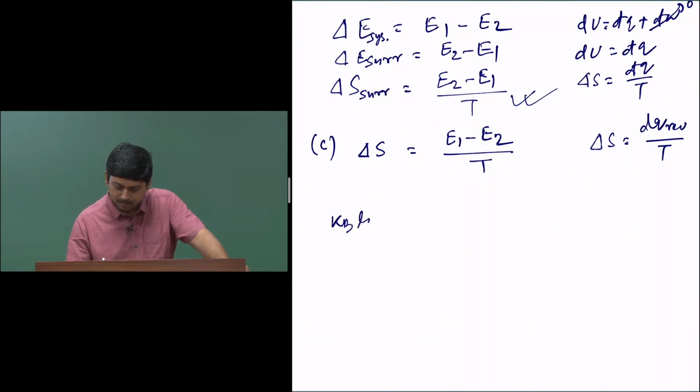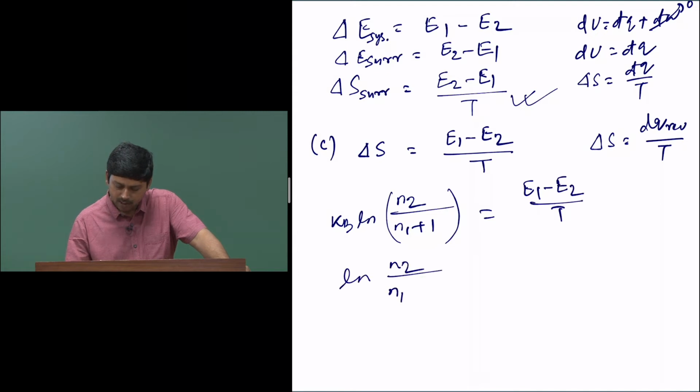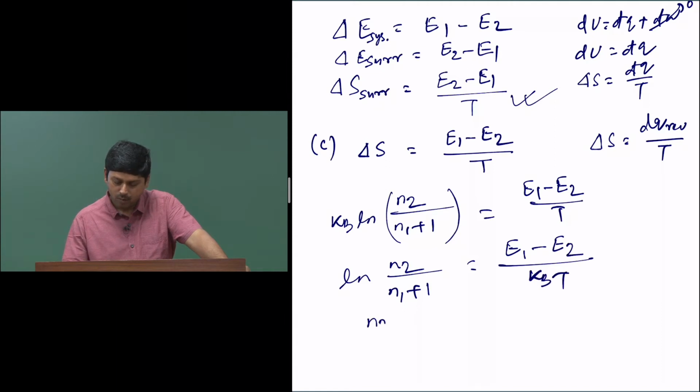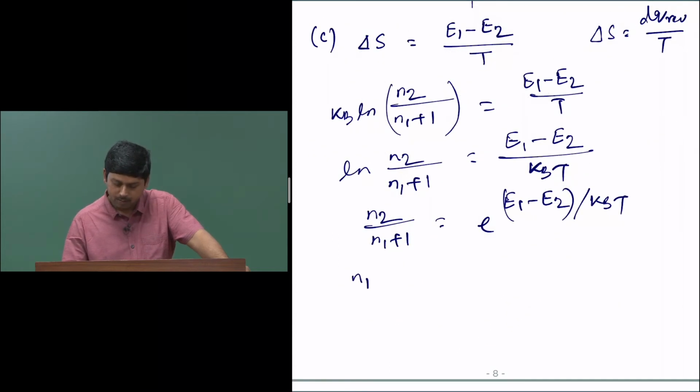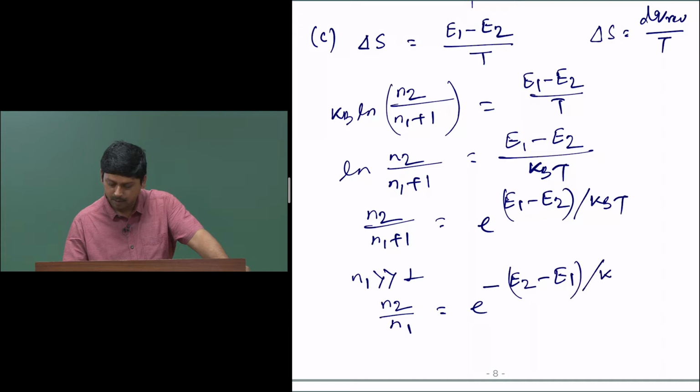So, Kb ln N 2 by N 1 plus 1 is E 1 minus E 2 by T, and therefore, ln N 2 by N 1 plus 1 is E 1 minus E 2 by Kb T. So, N 2 by N 1 plus 1 is e to the power E 1 minus E 2 by Kb T, and since N 1 is much greater than 1, we can write N 2 by N 1 is equal to e to the power minus E 2 minus E 1 by Kb T, and that is nothing but the Boltzmann